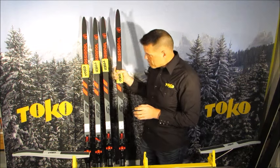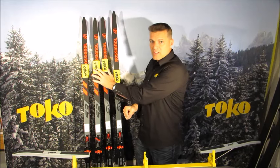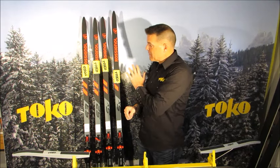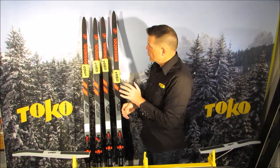So these 4 pair of skis, and that's not nothing. That's 4 pair of skis. But if they have these flexes and these grinds affiliated with those flexes, it means you're going to have good skis in pretty much any condition. And then if you go to an event and you're unsure exactly what the forecast is or how it's going to play out, you can put